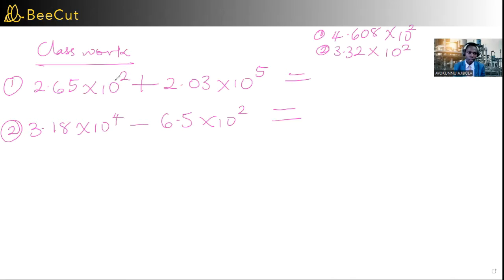Okay, let's look at the solution together so that we see whether the answers are correct or not. We're trying to add these two numbers that are in different powers of 10. So let's see the first one. We have the choice of making it either the biggest power or the smallest power. Here I prefer to use the biggest power, 5. So I'm not going to tamper with this, but I'm going to turn this to power 5. If I'm adding to this power, then I must make this become smaller by introducing 3 zeros. That means the first one becomes